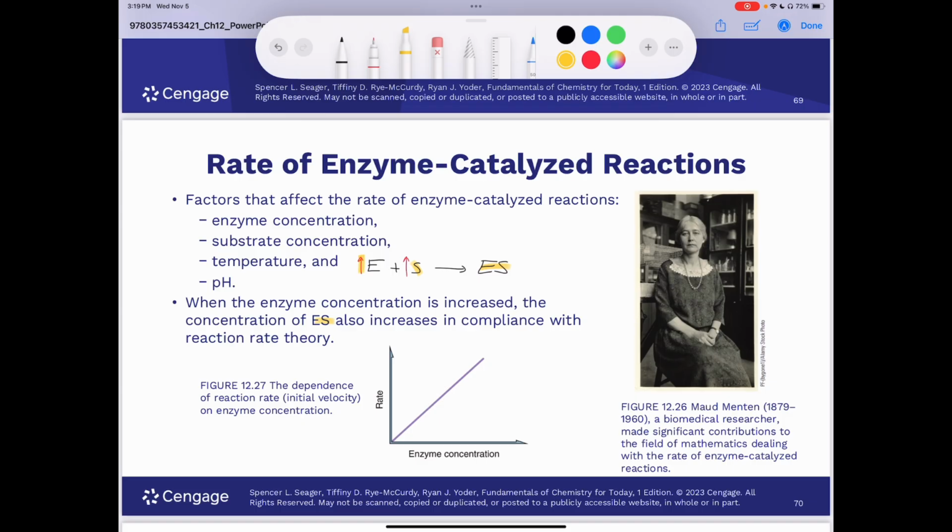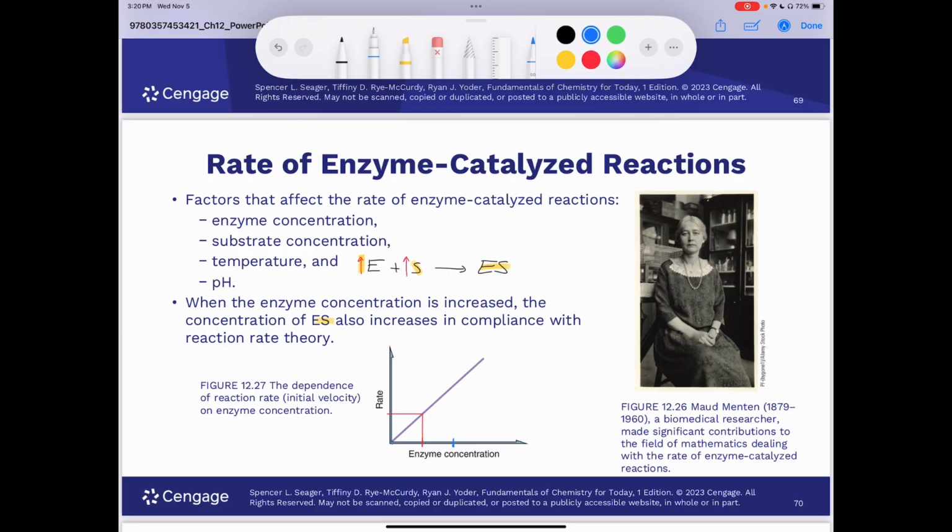The effect of enzyme concentration on the rate of reaction is shown in this figure right here. According to the graph, the rate of the reaction is directly proportional to the concentration of the enzyme. So let's say the concentration of the enzyme is doubled, the rate of the conversion to product is also going to be doubled. So if we take a look, let's say we have an enzyme concentration somewhere around here on our x-axis, you see that our rate is going to be something like this. But if we double the amount of enzyme, so let's say we go over here,